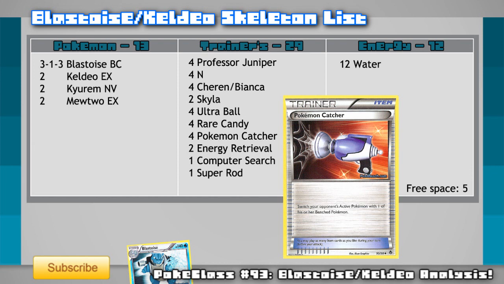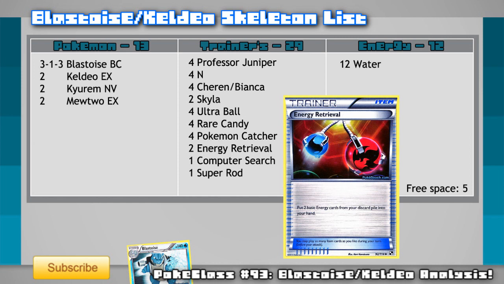Up next we have 2 Energy Retrieval, which is a card you definitely don't see much anymore with all the energy acceleration we have from the discard pile at the moment, but this deck is certainly going to need it. The aim of this deck is to accelerate energy from the hand, so you're going to need a way to get that energy back when you suffer KOs throughout the game, and this is the best we've got at the moment. Being able to grab 2 energy from the discard pile will keep your energy flowing nicely, and will also give you the ability to get another attacker onto the board pretty much straight away to keep the pressure on